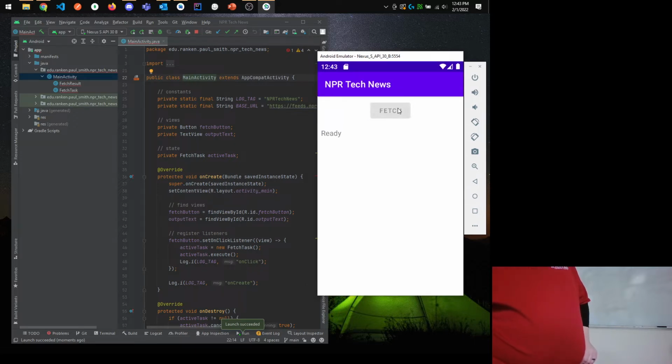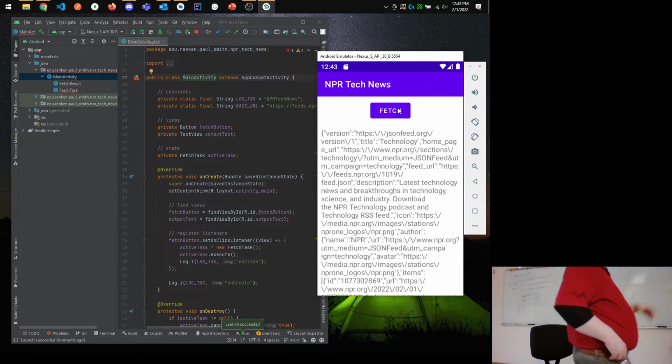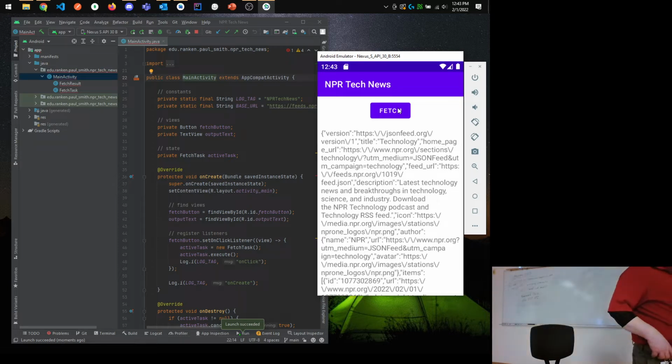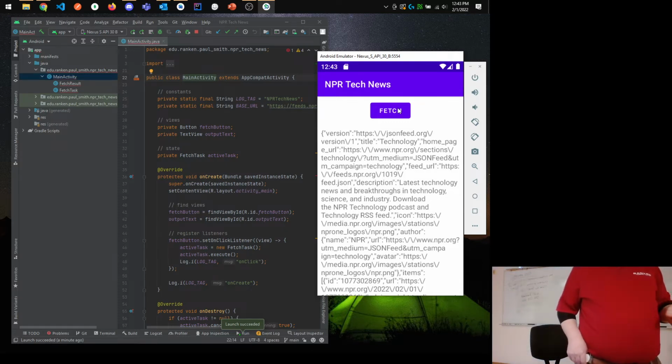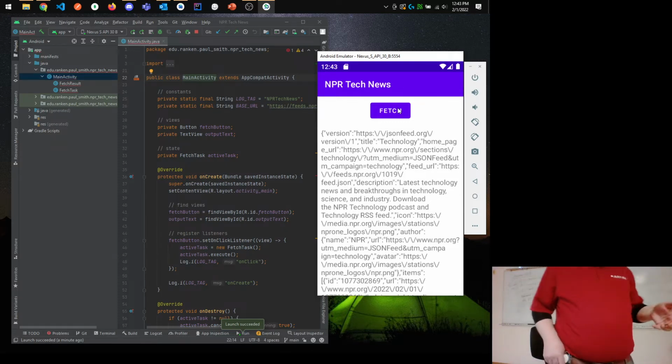So what we had, remember yesterday, is I could hit this fetch button and it would go fetch the JSON feed and just spit it out here, right? We're not doing any formatting or any parsing with it. We're just getting the raw text and spitting it out. Cool. Now, there's two things I want to call to your attention. One thing is,